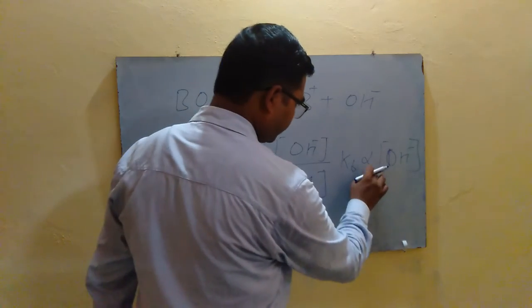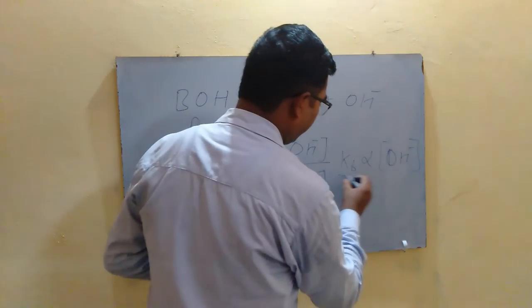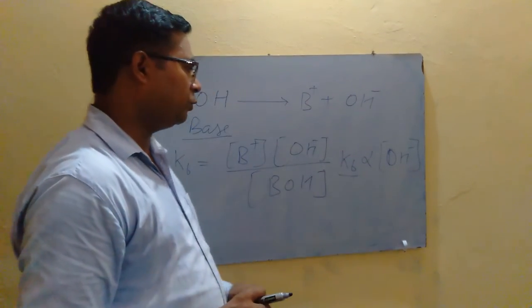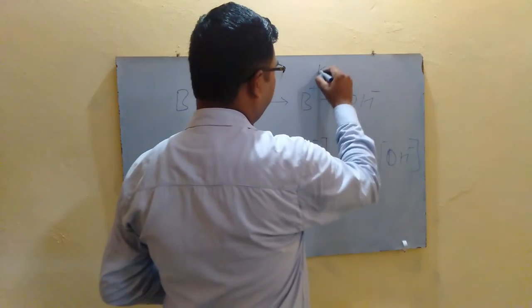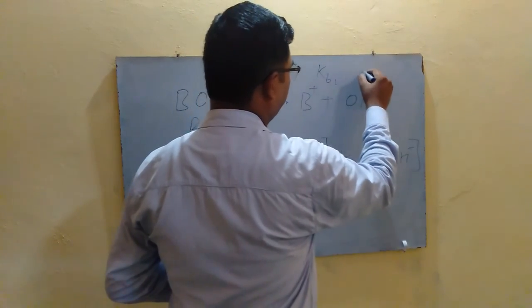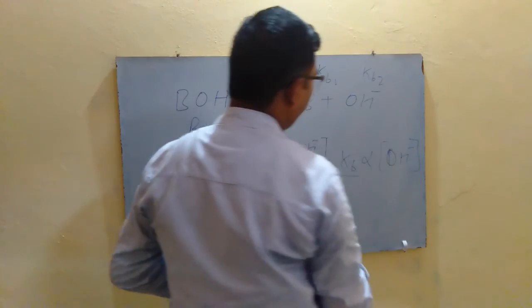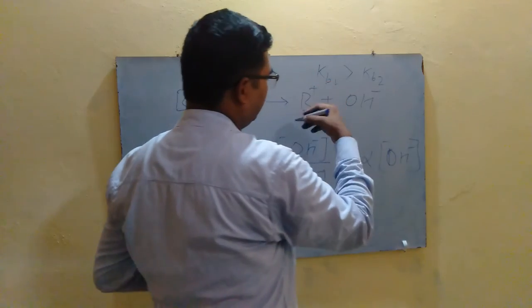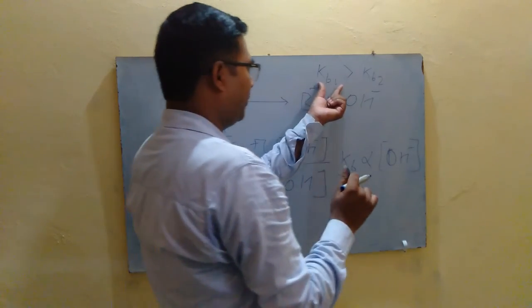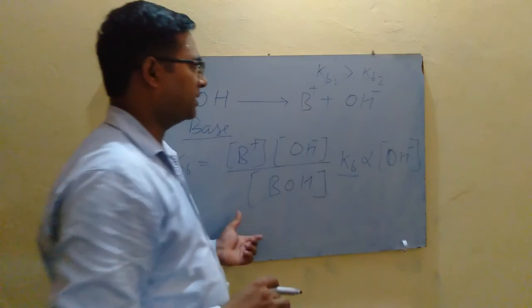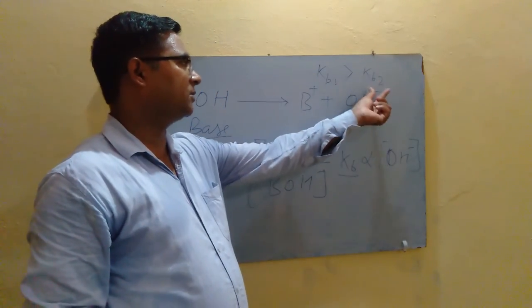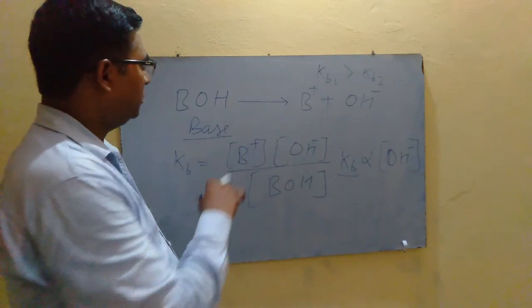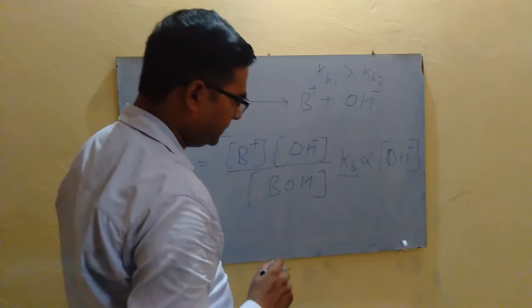And as the Kb value for the base increases, the basicity of the base also increases. If two bases have different Kb values, Kb1 and Kb2, and Kb1 is more as compared to Kb2, then we can say that the base that has Kb1 dissociation constant will be the stronger base as compared to the base which has base dissociation constant Kb2. So this is the relative strength of bases.